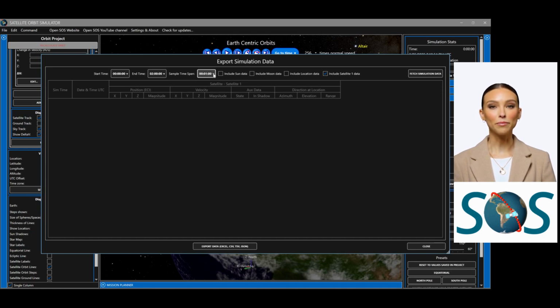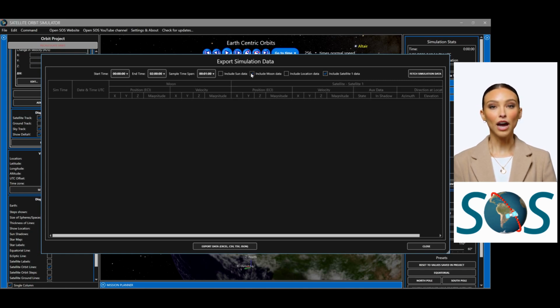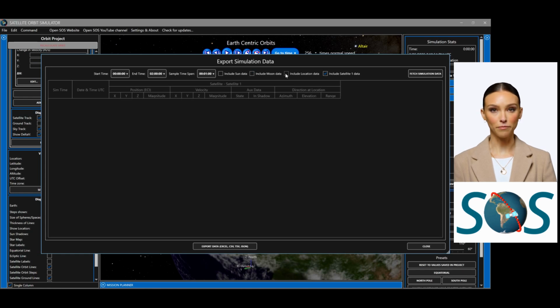Note that the sample time span defaults to 1 minute. If you need finer detail in your data, you can change this to a smaller value such as 1 second. However, that will generate lots of data that we don't currently need. We'll leave this set to 1 minute. Note that you can include data for the position and velocity of the Sun and Moon in ECI coordinates. Also, you can include the ground station position in ECI coordinates. You may find uses for this information in the future, but today we'll only include information for the single satellite